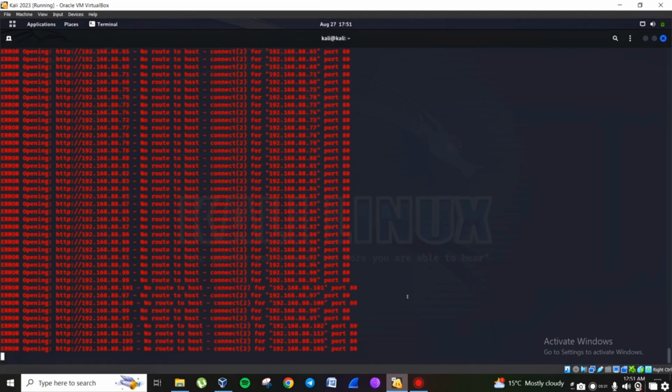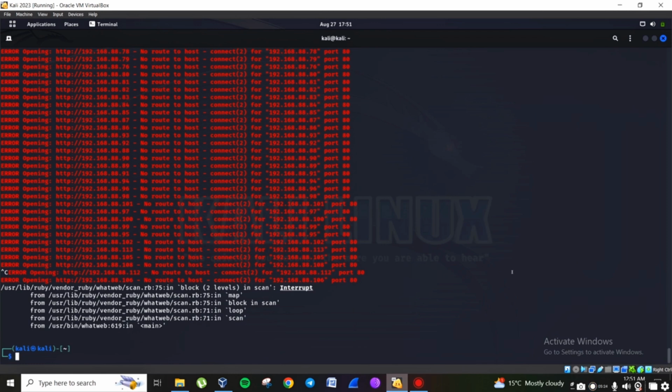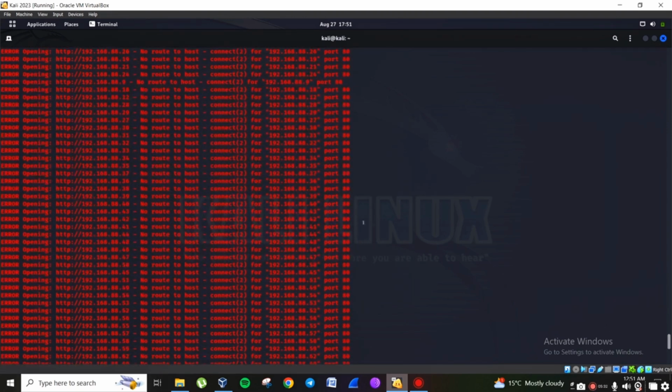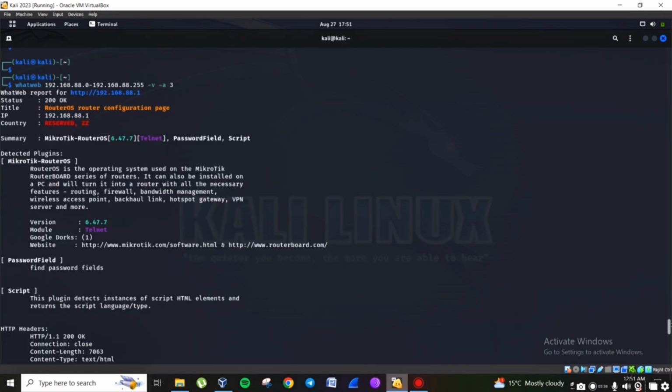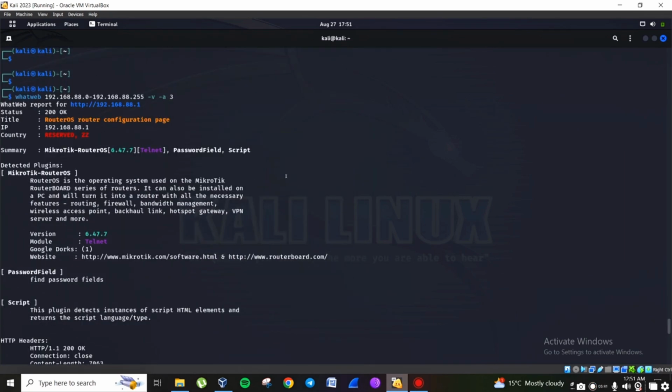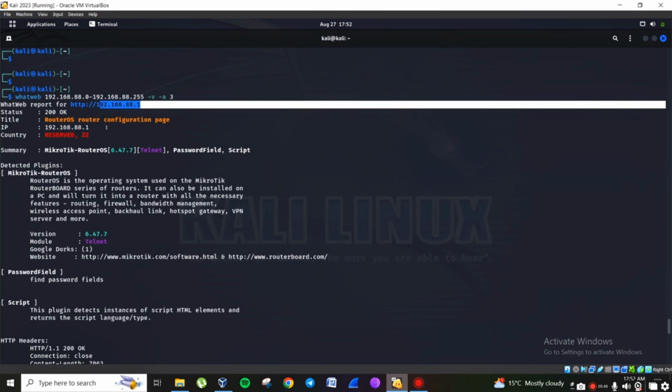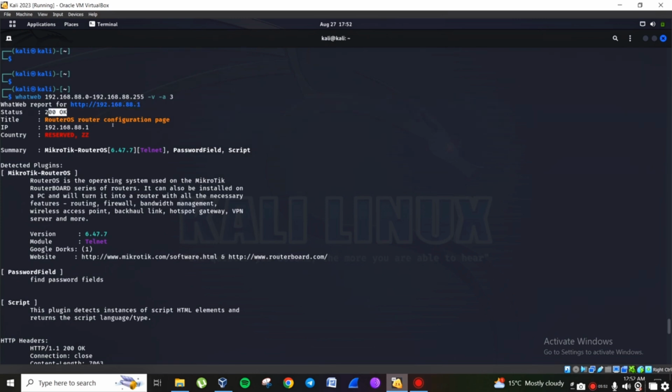So first step is Control C. As you can see, what this scan does is it will try to scan all the hosts that are in range with my IP address, and these red ones are the ones that are inactive or not running. So let's go all the way up. It managed to do a scan for this port number, which is my router's IP address, and it got the 100 OK, and you can see what type of router it's using, and it also detected plugins